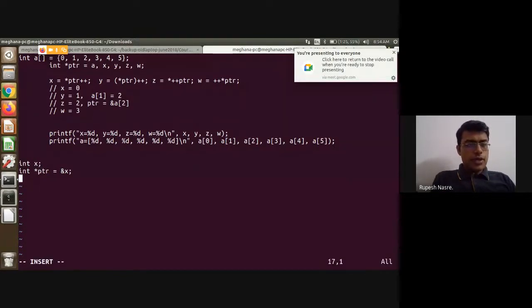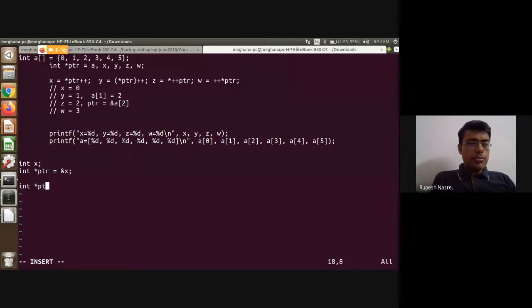Right? So this part is okay. Similarly, int star PTR can be pointing to a, where a was some array. Alternatively, I can have int star PTR equal to ampersand of a, right, where a is as defined before.